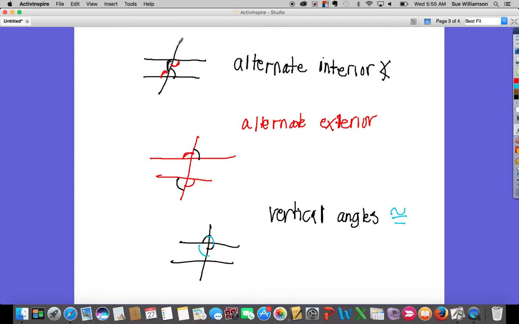They are crossing the transversal line, one on this side and one on this side, but they're both inside the two parallel lines. Alternate exterior angles are also alternating across the transversal, but you have one above the parallel line, and this one is below this parallel line. The same way that this black angle and this black angle are alternate exterior, because they're on opposite sides of the transversal, but each of them is above or below